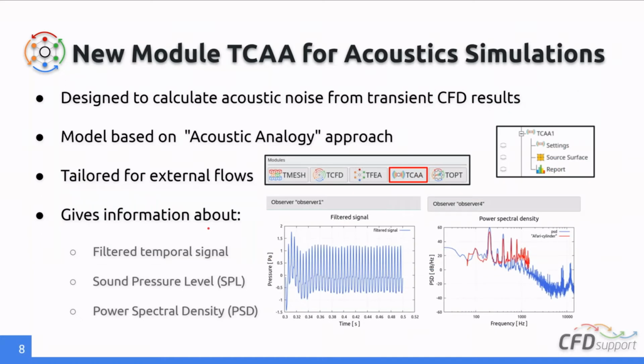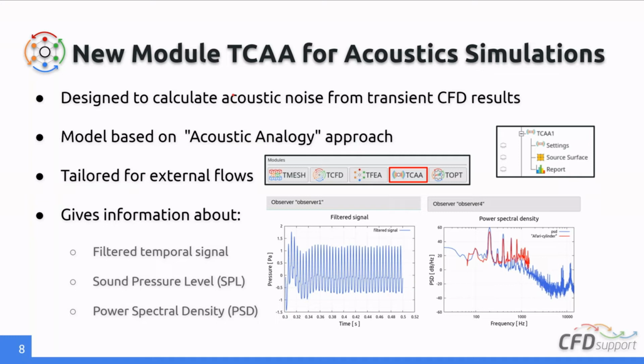Yeah, the new module, which is the biggest new feature we have developed for this release. So there is a new module, TCAE. It is designed to calculate acoustic noise from the transient CFD results. So the approach is very much the same as for FEA analysis, for example. So if you have the CFD transient results, you can then apply the TCAE, which will take the acoustic data from the CFD simulation and do